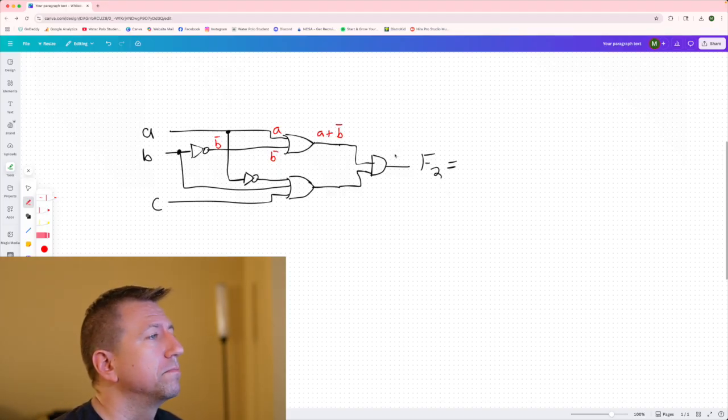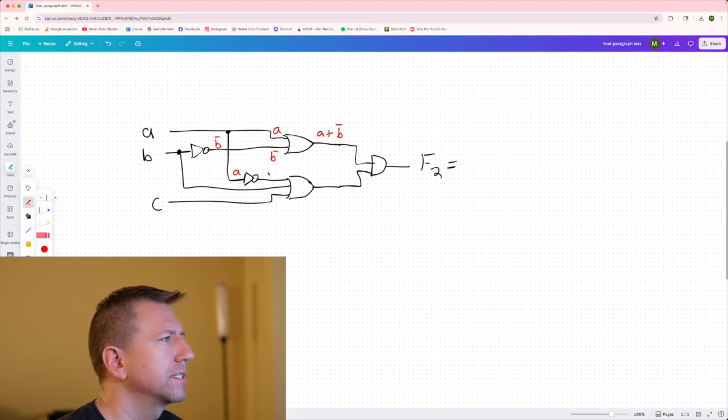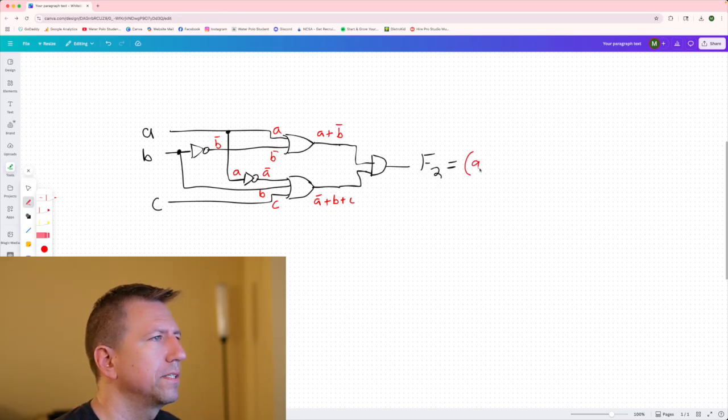Now we have the other side. We have A into an inverter right here, so this is going to be A bar. And then we have B. I'm just going to copy it over here since it was kind of far away. And then C. So we have A bar, B, C, all ORed together. So we have A bar or B or C. And now these are entering into this AND gate, which goes to our function. So we can then write this out as our function,